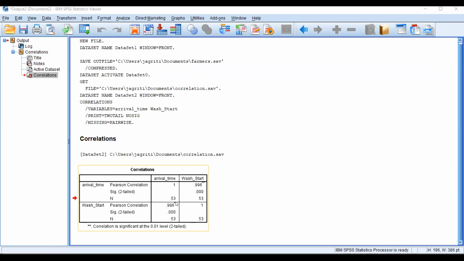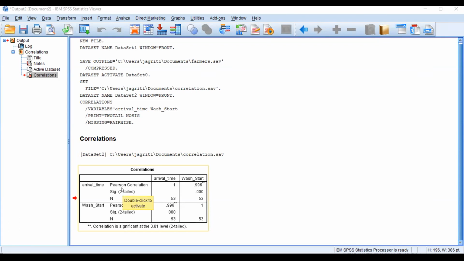You have to mention the reason behind the insignificant result. You can write that it is due to fewer samples, or that when you were collecting samples the pandemic was there, so you couldn't select the good target. You selected convenient sampling, and that's the reason you got this insignificant result. This was about the correlation.